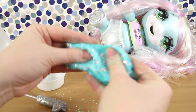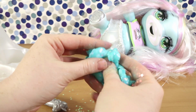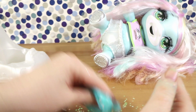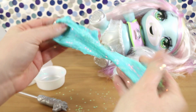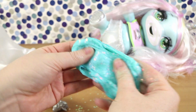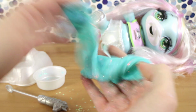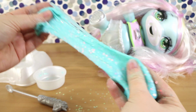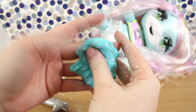It looks like colour-wise, this one wasn't as big of a change as some of the other products we've had, like Poopsie ones that turn from yellow to purple and things like that. If you keep working this, the stars come off your hand. It's becoming drier too, I imagine, with all the powder added. No. It's still wet and sticky. So it's just lightened at this one. And it's very spiky with these stars. Say thank you. So that is the end of